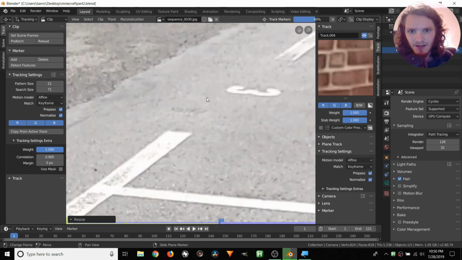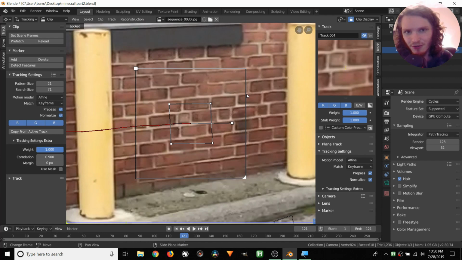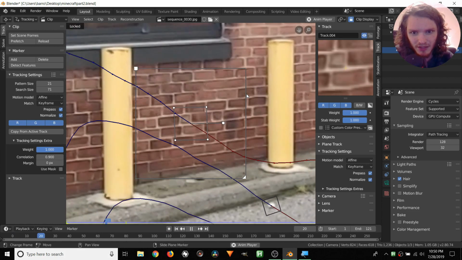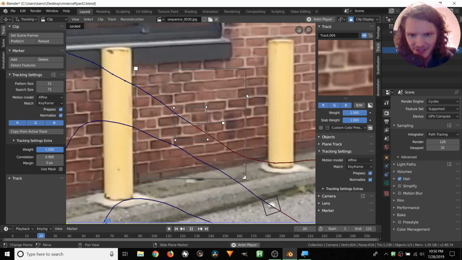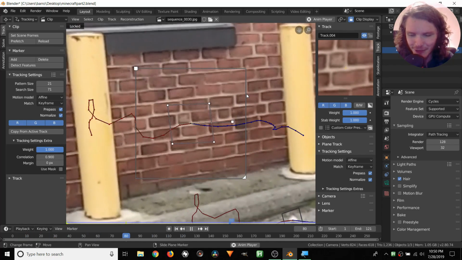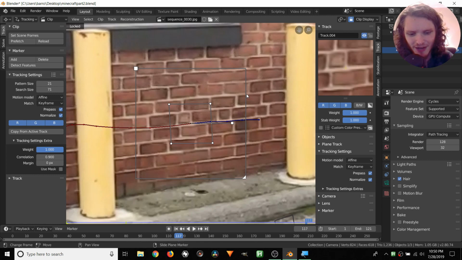Control T. And this is the real deal when it comes to motion tracking. You don't always get it on your first shot. Sometimes you've got to really try a bunch of trackers and see which one is best. But this one seems to be taking the cake. I might be a bit tired, so I'm saying all this nonsense, but this is a good tracker nonetheless, whether I am tired or not tired. This is a good one, so lock that in.